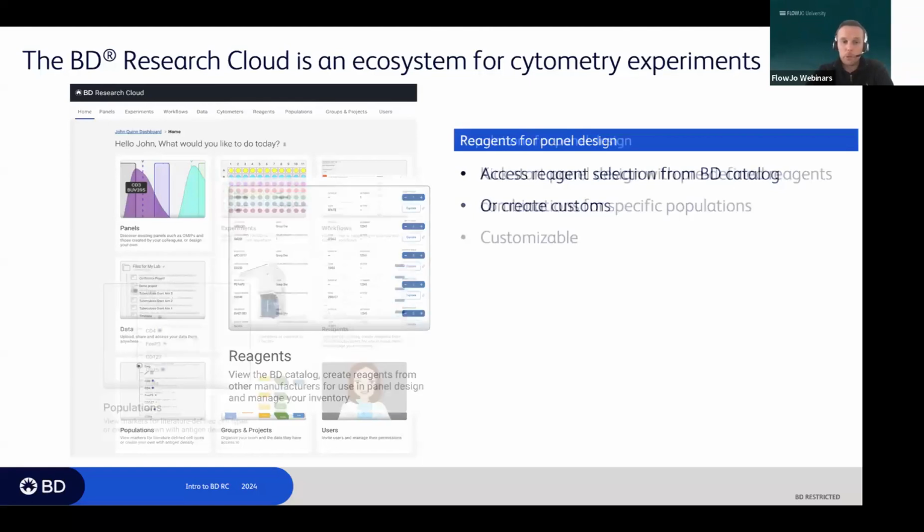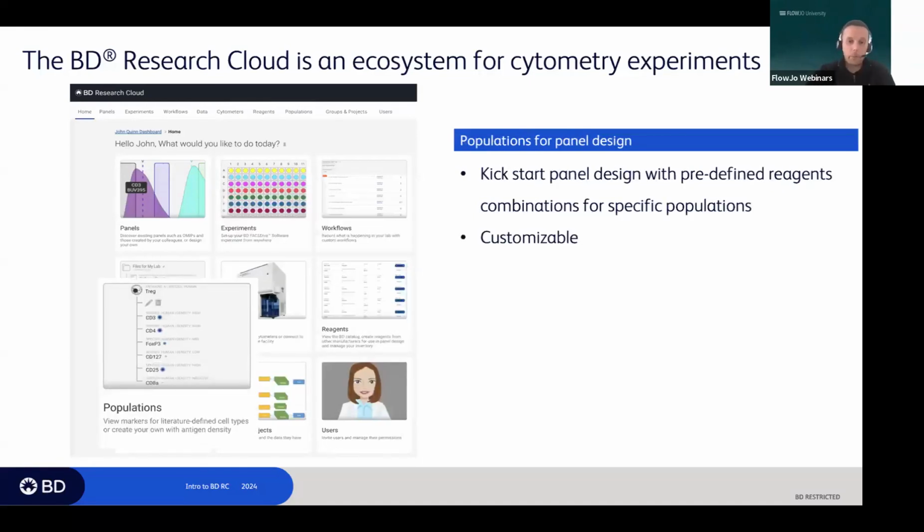Population. Most of our competitors ask you, when you design a panel, to put in all the markers that you want. So you have to put, for example, Treg, CD3, CD4, FOXP3, CD127. At BD, we took a different approach. Now you just say you want to define a Treg population, and we're going to put in directly the markers that are required to define this population. If the population that you want to define is not